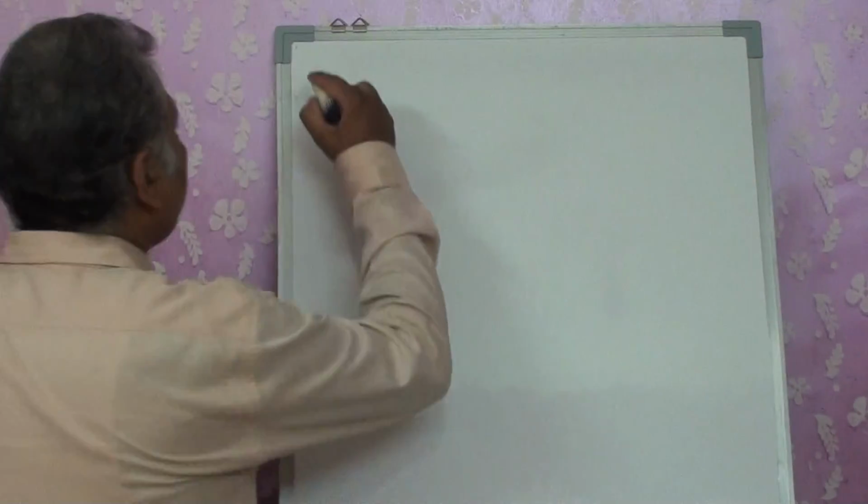We are studying carboxylic acid. In our last lecture, we studied its preparation. Today, we will be studying its physical and chemical properties. Right? First of all, we will go through physical properties of carboxylic acid.